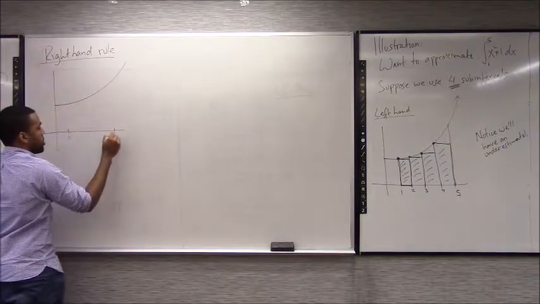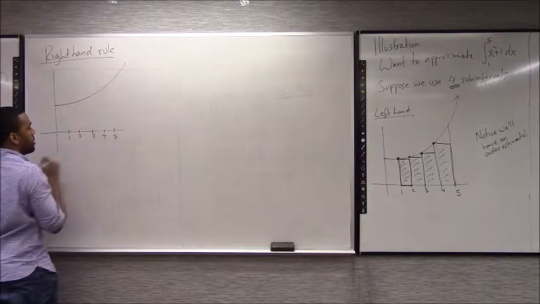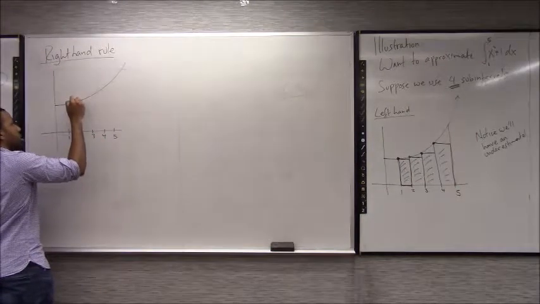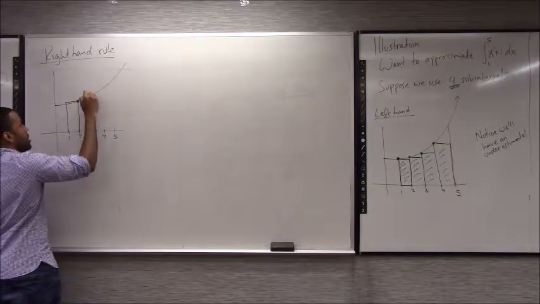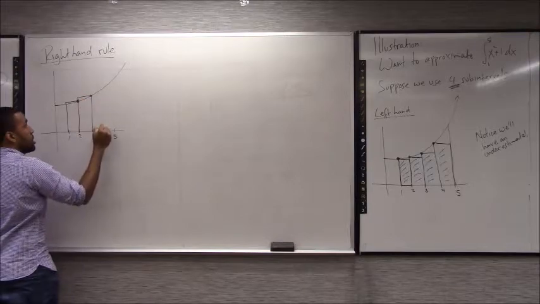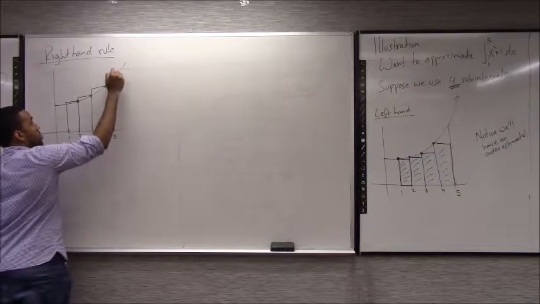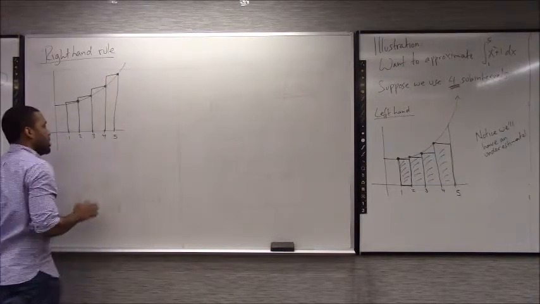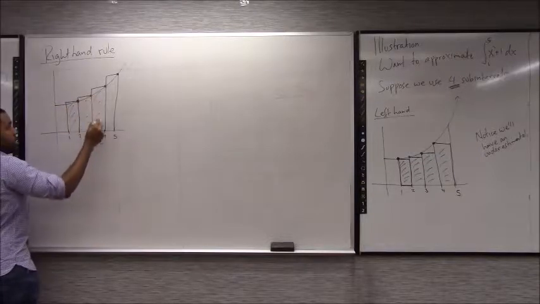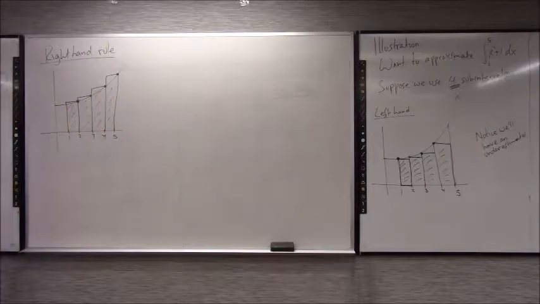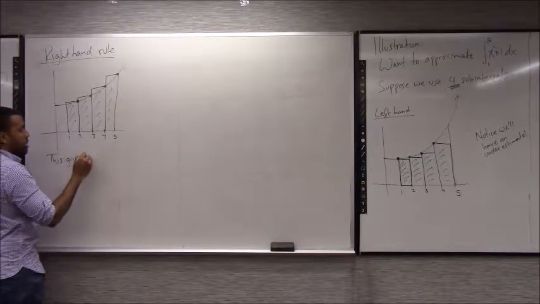So again, let's say we're going between 1 and 5. This will split up into 4 equal sections at 2, 3, 4, 5. I want the right side to hit the curve, and that's going to define the height of my rectangle. The right side hits, that defines it. The right side hits, that defines it. The right side hits, that defines it. And I can approximate the area under this curve by taking the area of all of these 4 rectangles that I just created. Notice, the left-hand rule gave an underestimate. This gives an overestimate